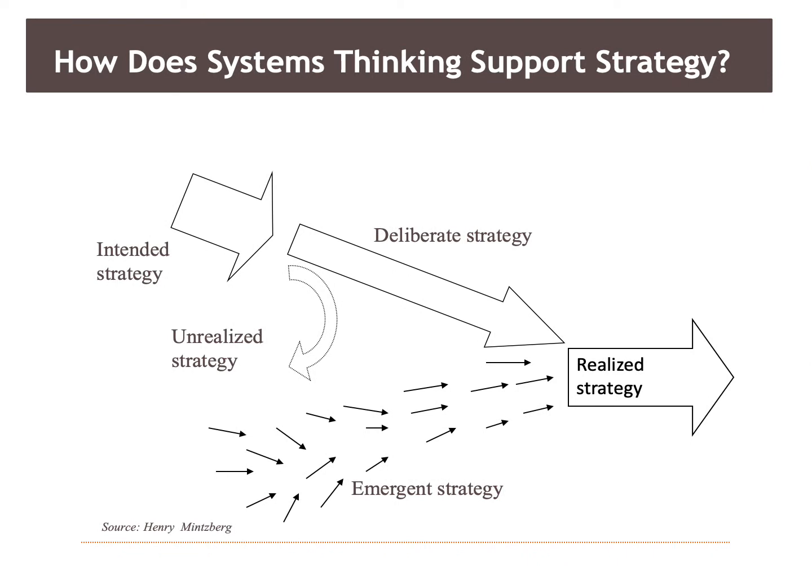So this slide is an important slide as a foundation for thinking about systems thinking and strategy. And it comes from quite a well-known strategy author, Henry Mintzberg. And he speaks about the difference between deliberate strategy and emergent strategy. And if you look at the arrows on the top of this slide,